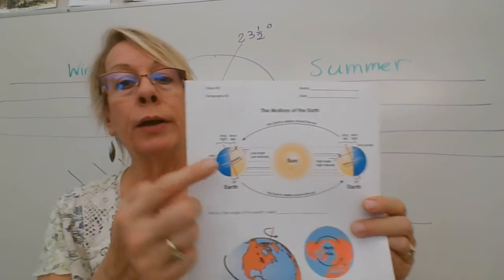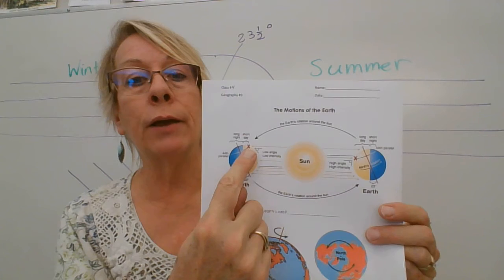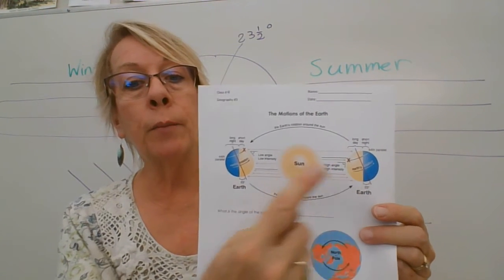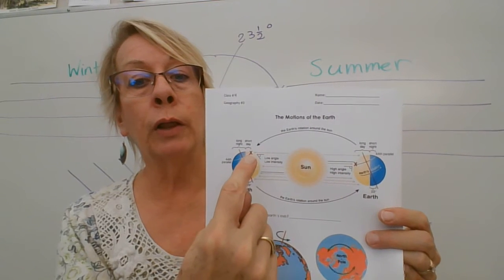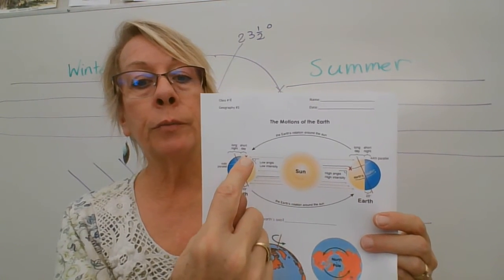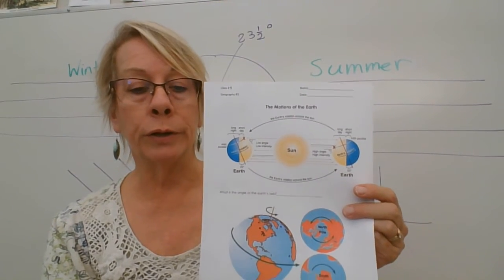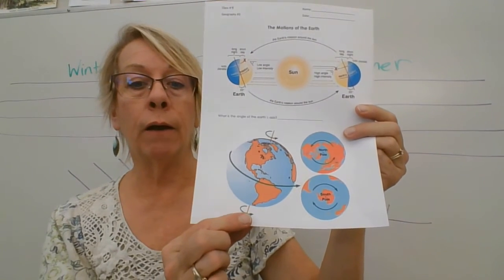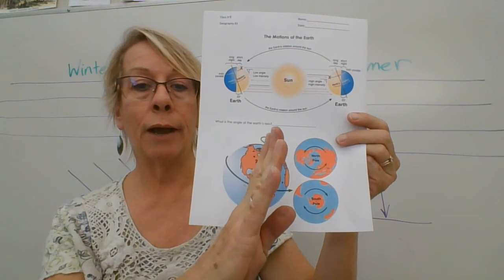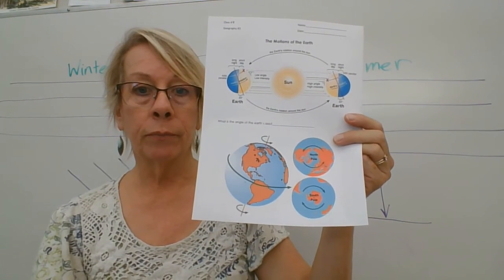So if you look at the drawing, it shows you the same thing. Here the angle is very small. Here the angle is more straight on. This is summer. This is winter. There's a little person who lives where the X is, which is just about where the north part of California is. And then here's a drawing of the Earth on its 23.5-degree axis.